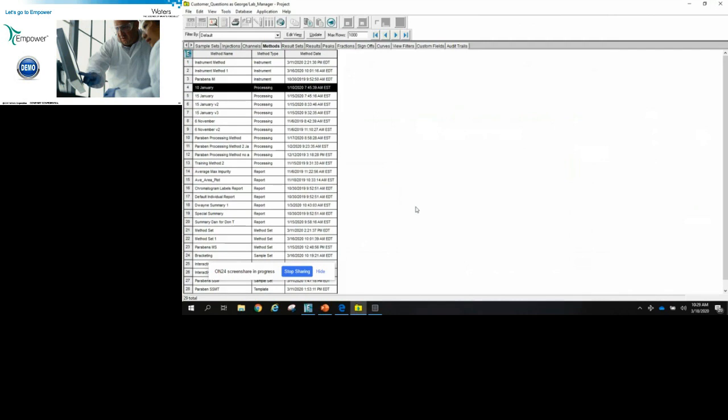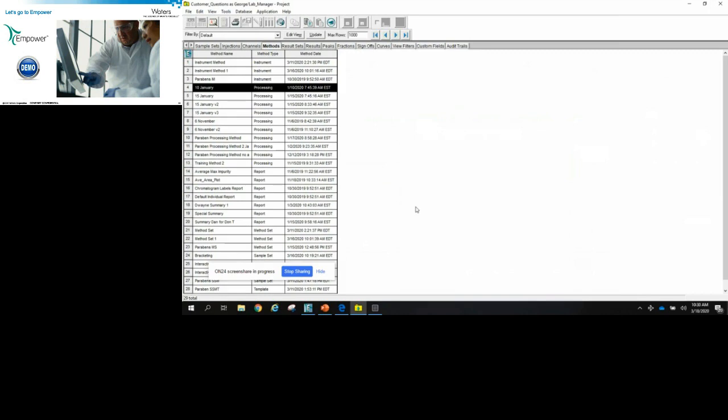So first of all, what is interactive system suitability? Well, we could even ask, what is system suitability? System suitability is something we do at the beginning of each day to ensure that our method and our chromatographic system are working properly. Once we do that, then we can move on to injecting our standards and our samples and getting our work done. So we want to make sure that the method and the system is working properly before we proceed.